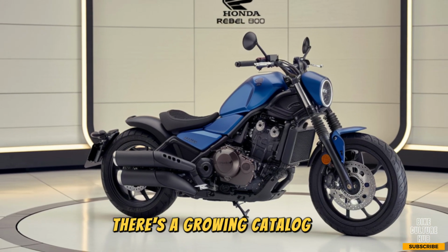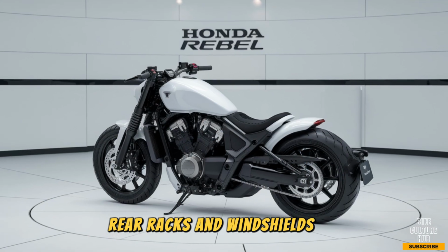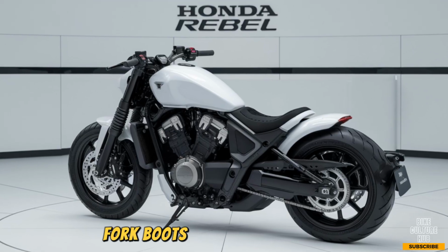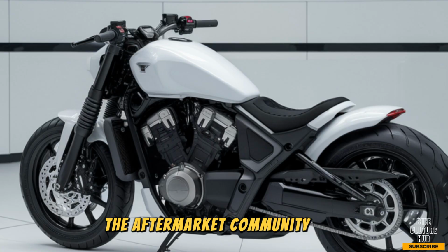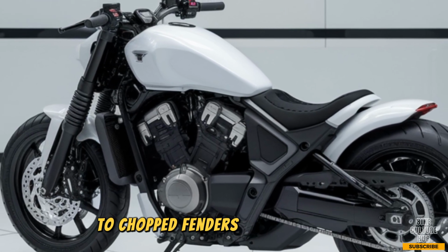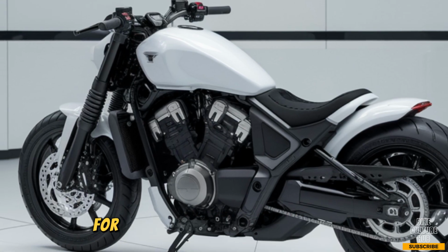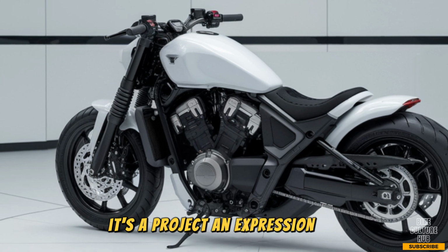There's a growing catalog of factory accessories, everything from saddlebags, rear racks and windshields to custom seats, fork boots and lighting options. But beyond that, the aftermarket community has fully embraced the Rebel, offering everything from exhaust systems to chopped fenders and cafe-style components. For many riders, this bike isn't just a ride, it's a project, an expression of style